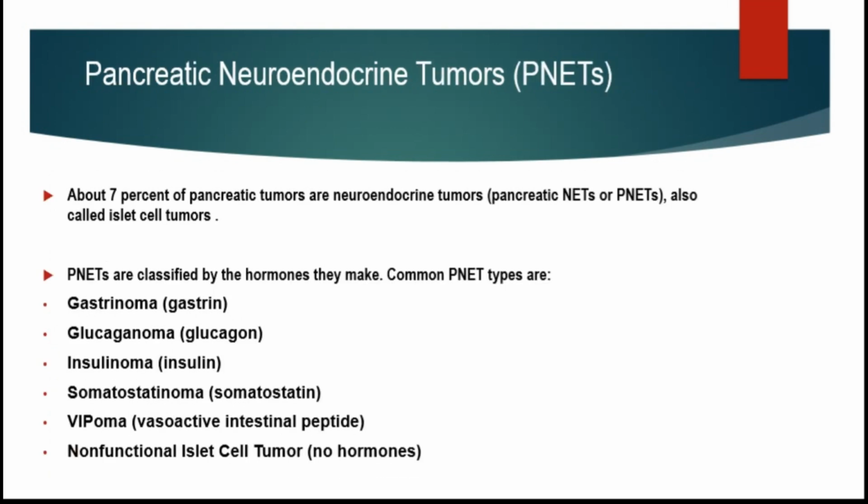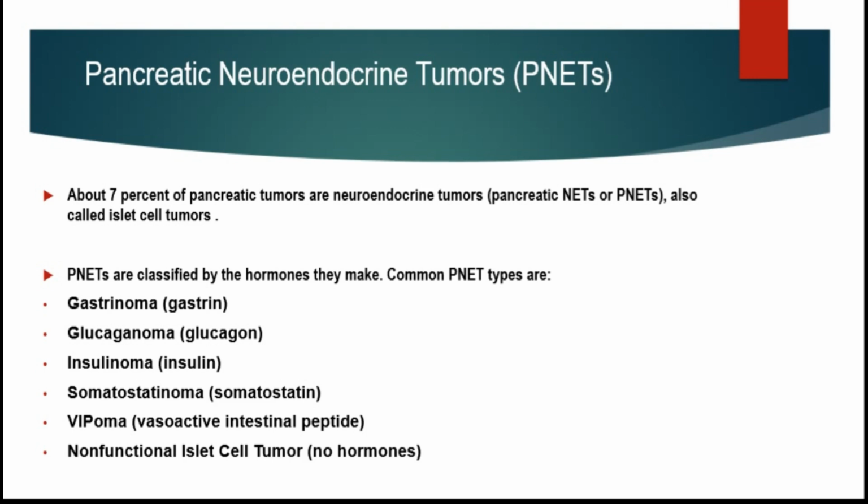Okay. Now we came to the pancreatic neuroendocrine tumors. About 7% of the pancreatic tumors are neuroendocrine tumors. They are classified by the hormones they make. For example, gastrinoma arises from the gastrin,